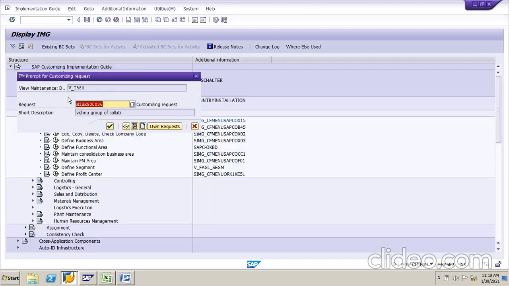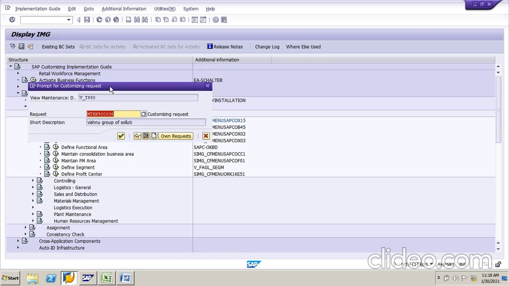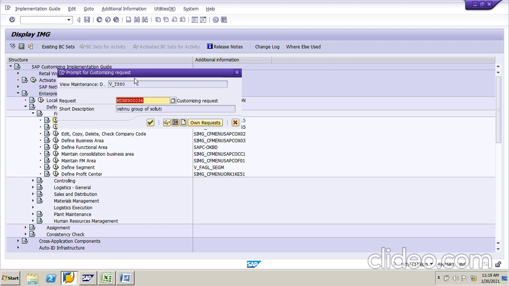See here, already I have explained about the transport request, what is the customizing request and workbench request. Suppose an FI consultant does any configuration, it will come under a customizing request. Suppose you are an ABAPer, it will come as a workbench request. This is a TR. So automatically a default TR will be generated. See here, short description. Automatically, the first time you are creating this configuration, it will take the default.